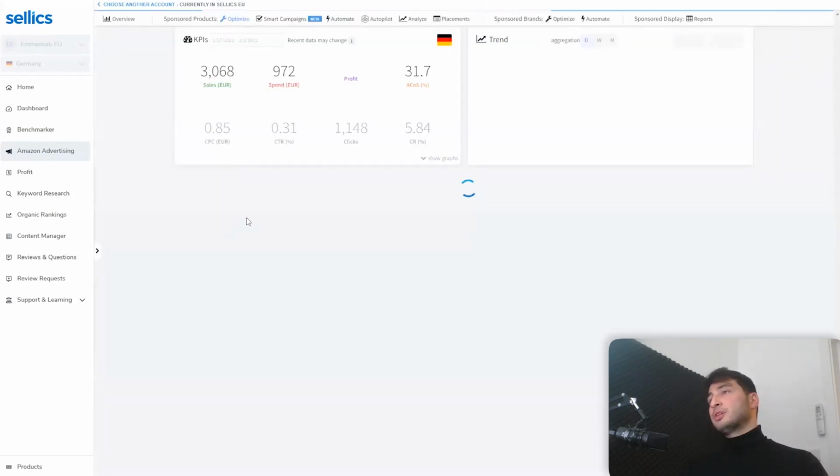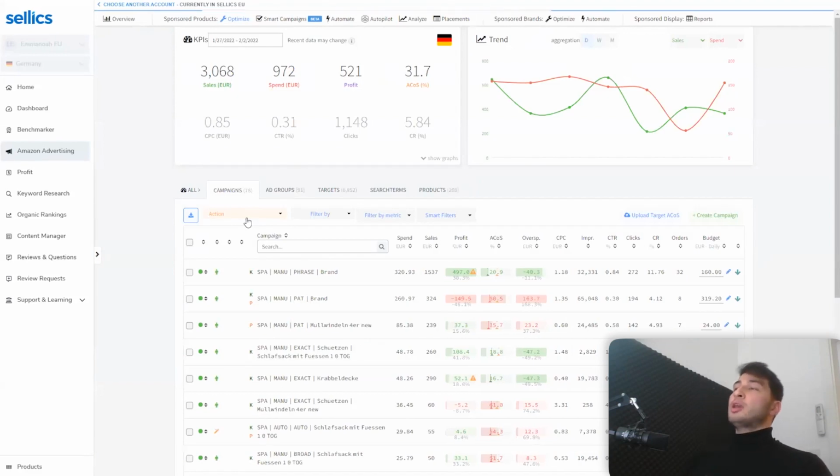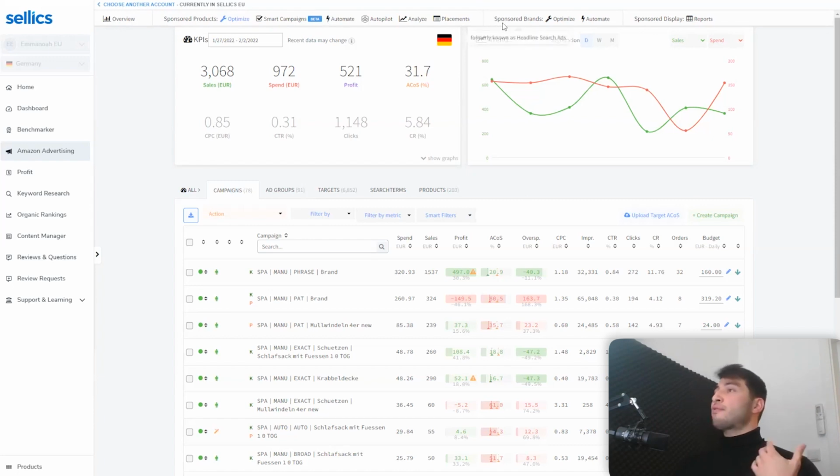All right. So here, basically, you see all our advertising solutions that we have available. On the left, you can see sponsored products with those features that are included for the sponsored products. And on the right, you see that we also have some features available for sponsored brands. And on top of that, we also have a feature available for sponsored display. But as you can see, we focus more on sponsored products because like 80% right now on Amazon, when it comes to advertising, are still sponsored products.